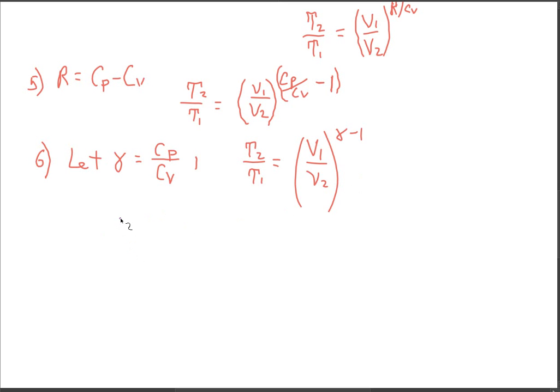Great. We set out to find an equation about pressure and volume, and now we've developed an equation about temperature and volume, and there's no pressure to be seen. So what we're going to have to do is use the gas law to exchange these two temperature functions with their equivalent pressure functions in the gas law. So what we'll get, this is going to be step 7, is P2V2 over R over P1V1 over R is equal to